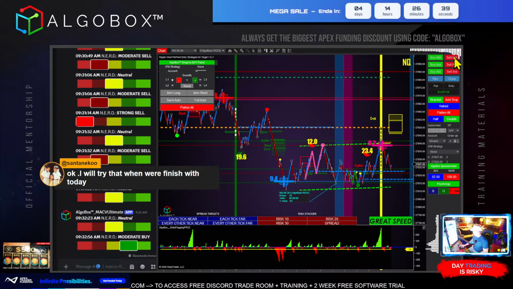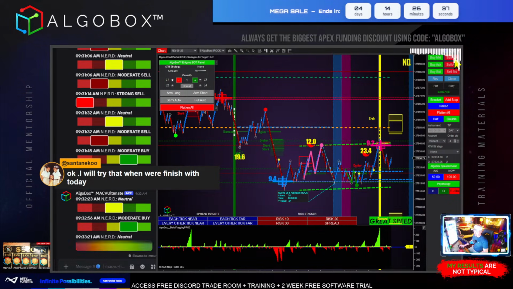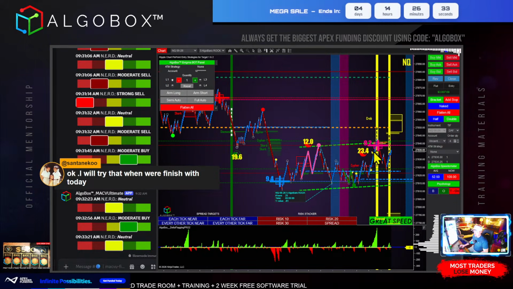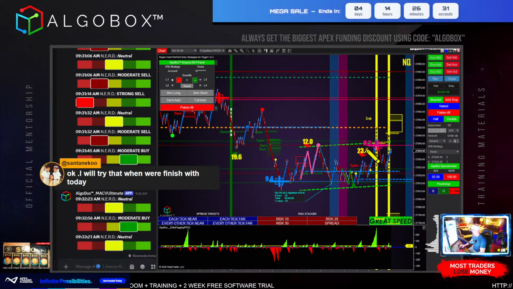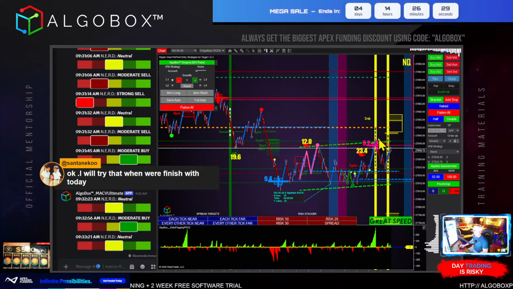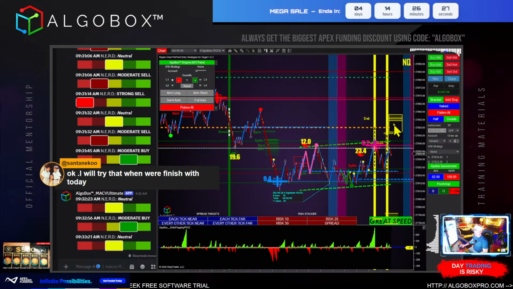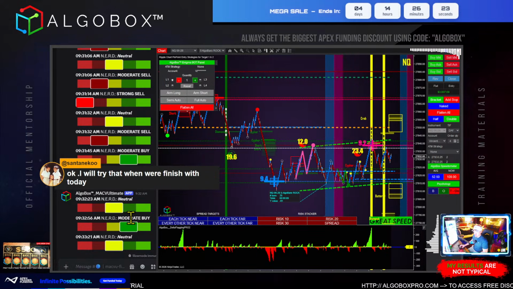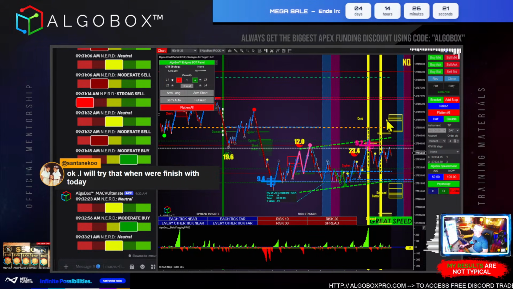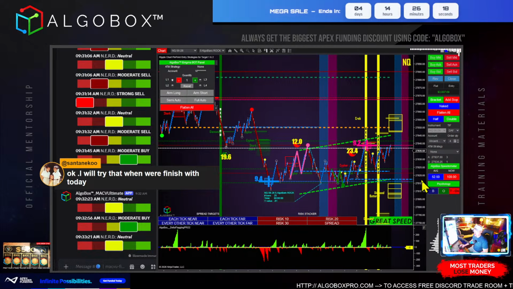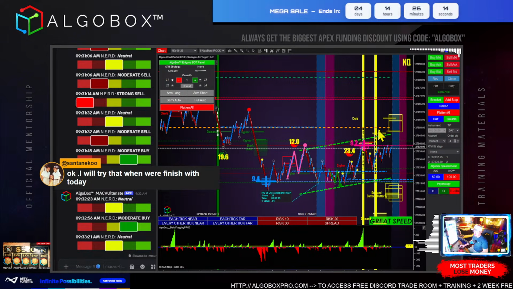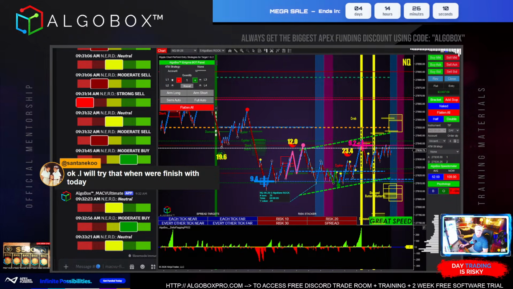Right there, we're at 933, and that technically broke through that Enigma off the back of it. There's the back of it, and it did break behind it. Got a double delta shift here, and we're sitting in neutral, so I don't have a specific bias on it. I'm going to pass on this one for the moment and we'll see if we get a better play. We're also really close to that open line, which I'm going to call the nope. I don't really want to take any trades around that.